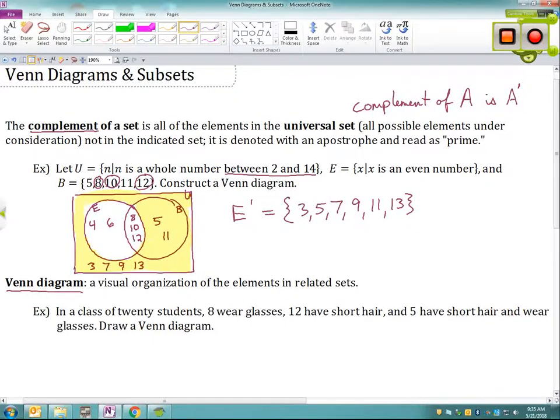So it really is not necessary to make a Venn diagram for this purpose, but if we had 4 different sets that were interacting with each other and 50 or 100 or even more different values to keep track of, then drawing it visually and using some shading can help us better identify what sets we're looking for, okay? And we'll do some more with that as we move on.